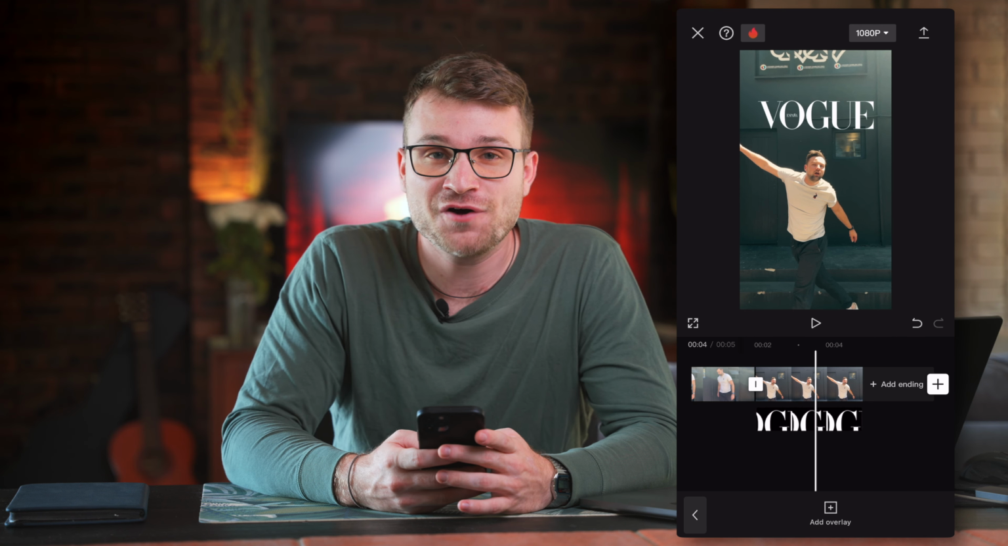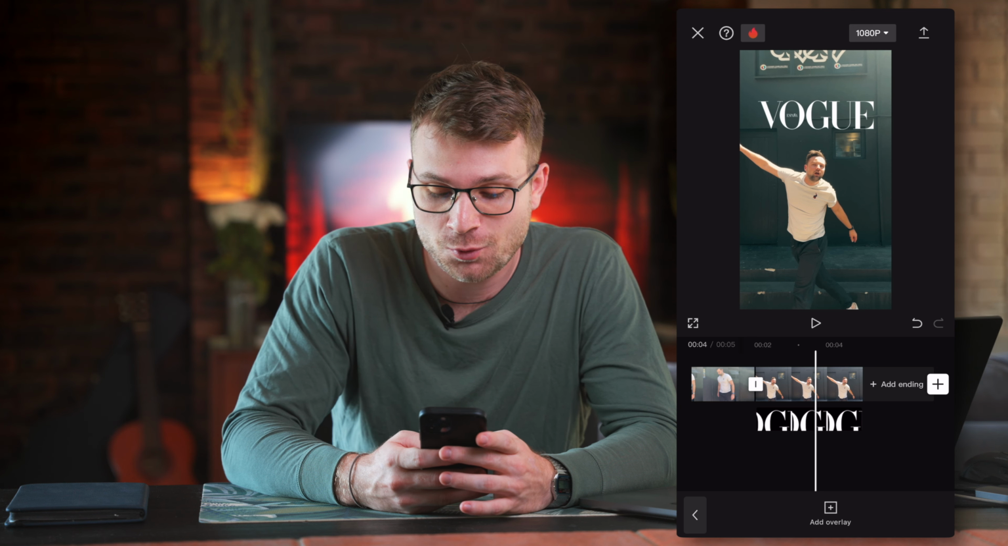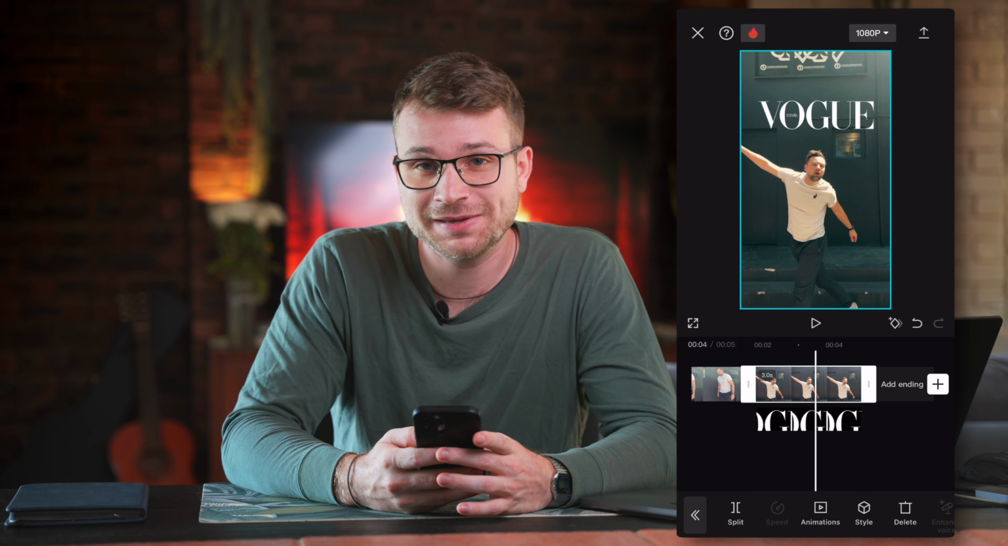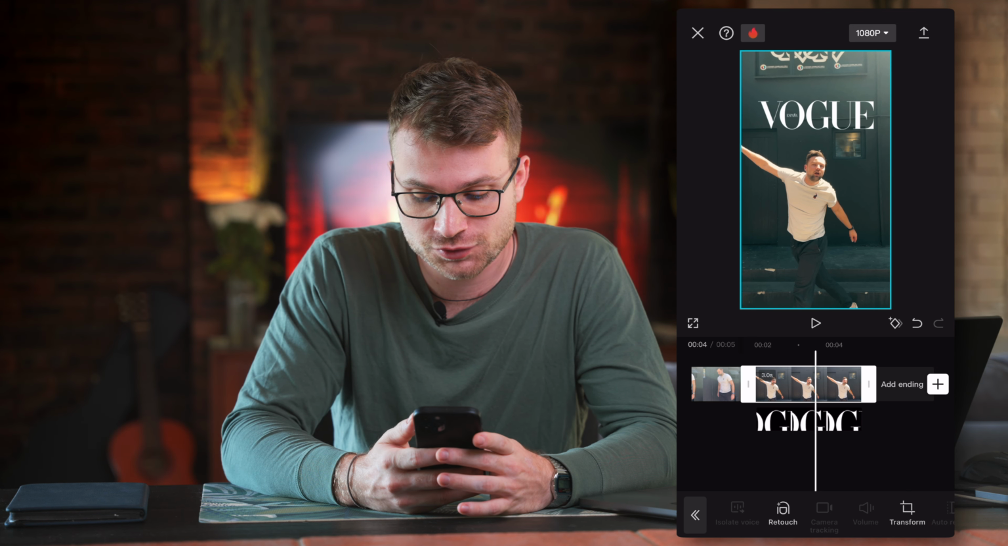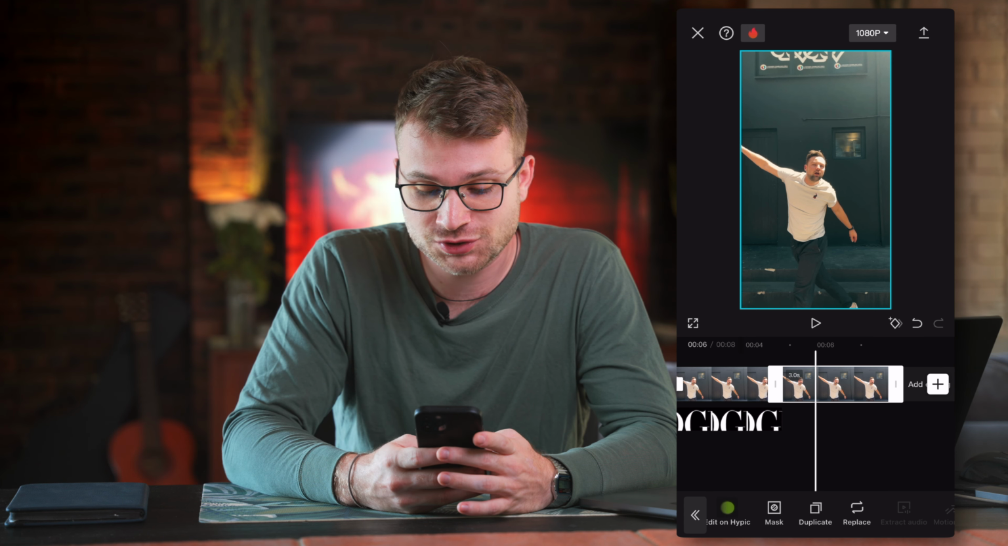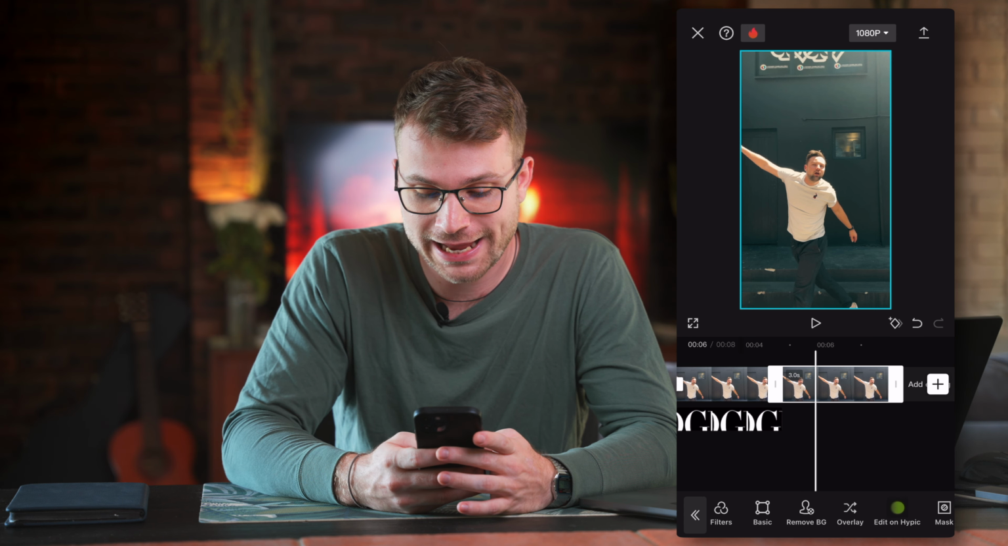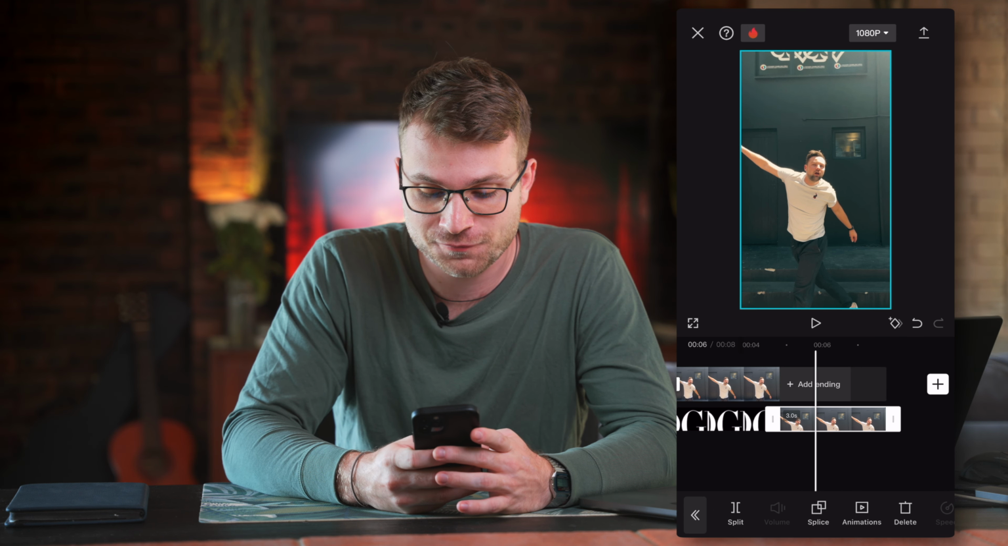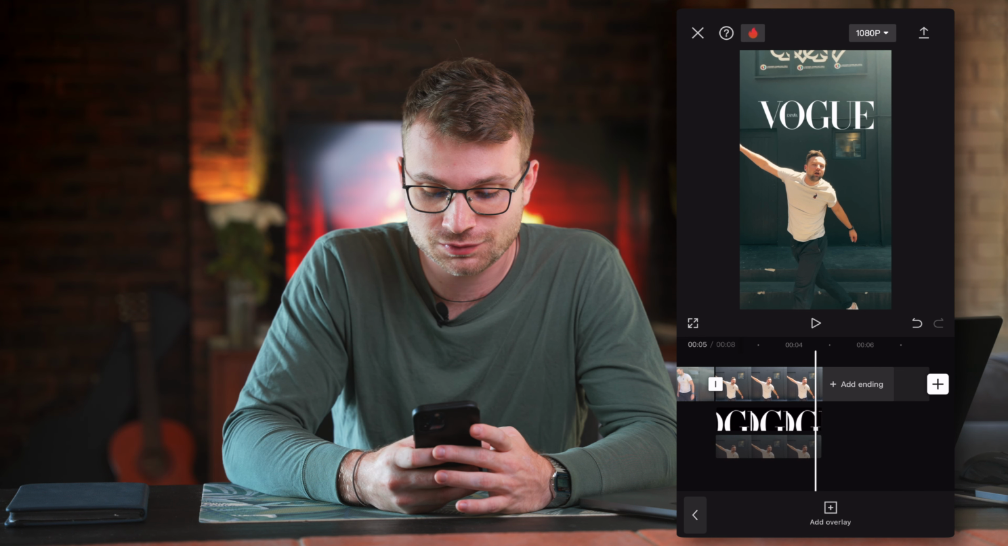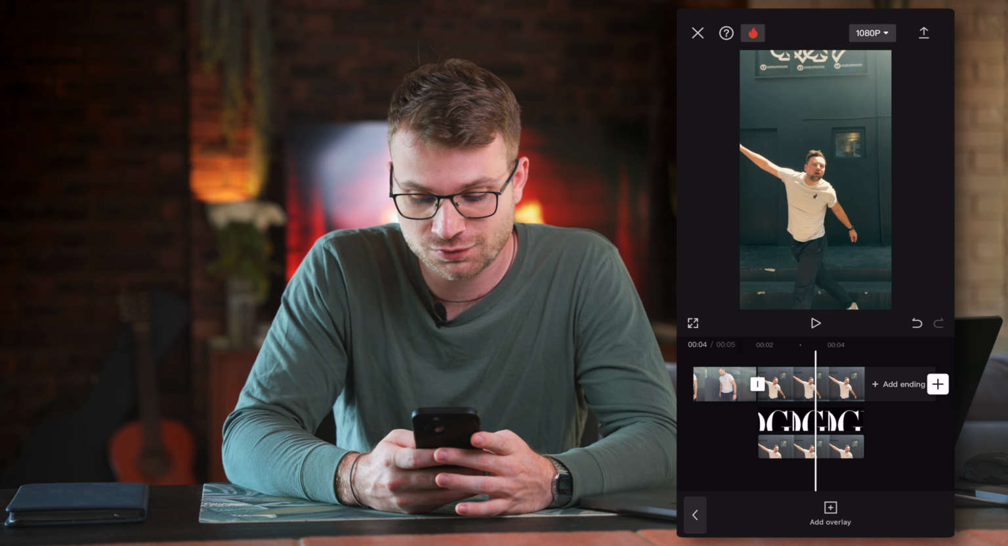And if you want to do the Vogue logo text behind the person or your subject, go ahead and click on the PNG image layer, swipe over to duplicate. Once you have the second version, go ahead and click overlay and drag that above your other 2 layers, right? So now we have this, go to your